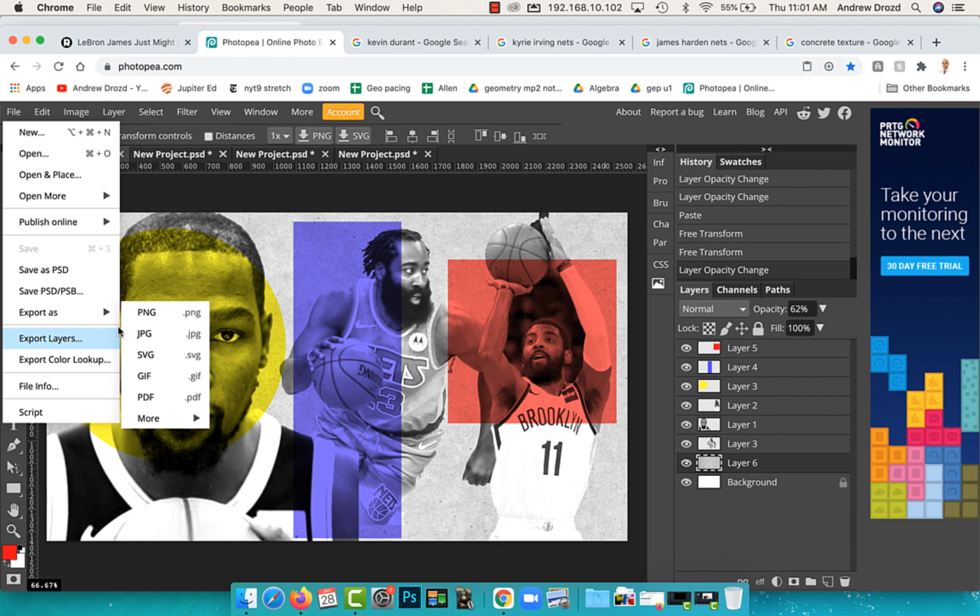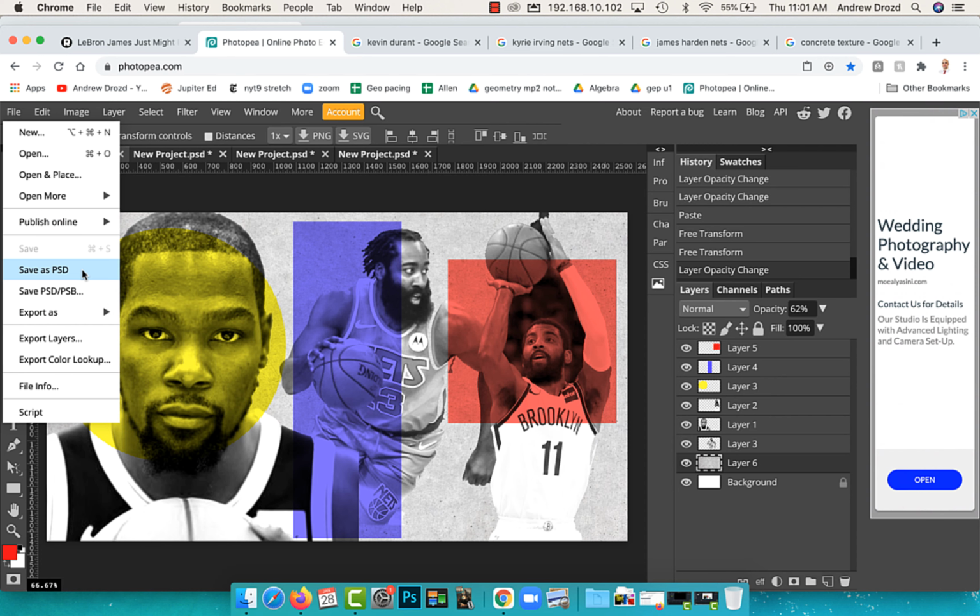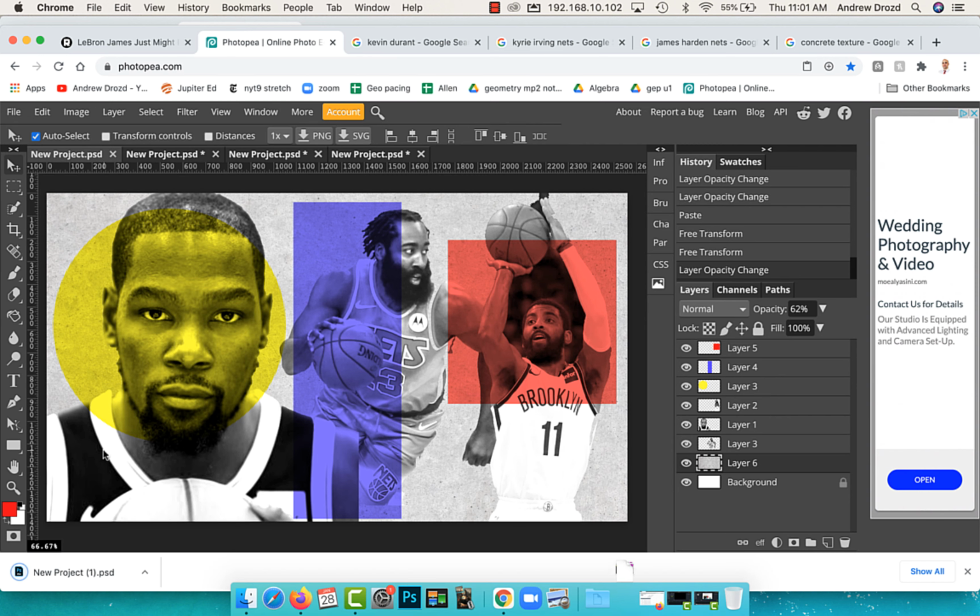That flattens the image. And then if you're not done today, and I suspect that you might not be, you're going to save it as a PSD. I'll do that right now because I like this. I'm going to save it as a PSD. It just saved, and now then you can open this by uploading it into Photopea at a later time to